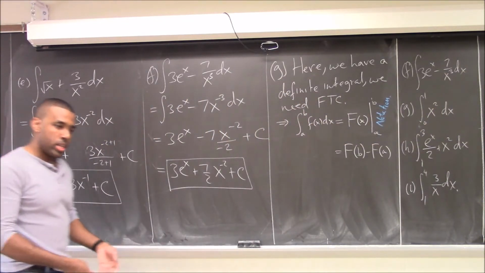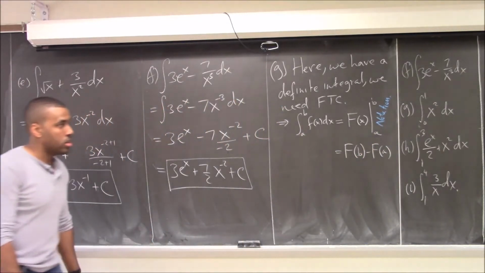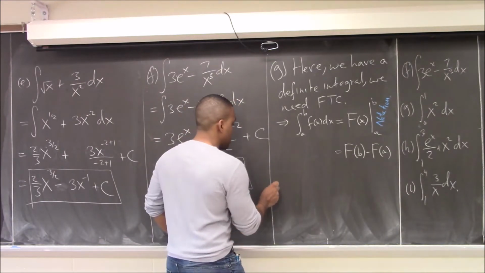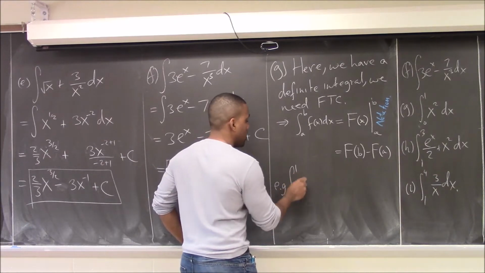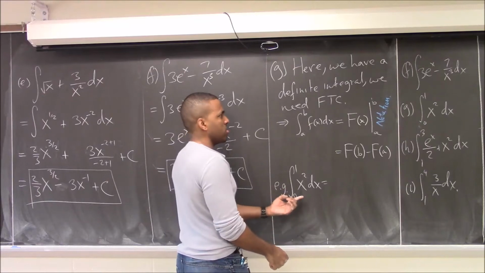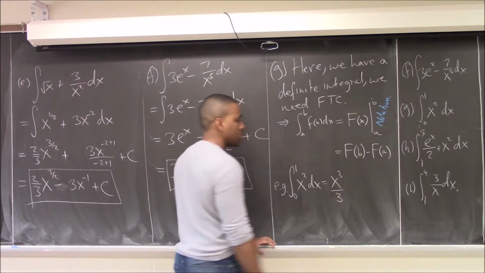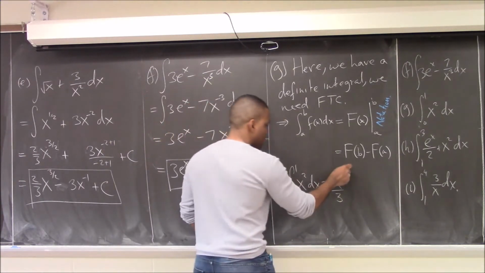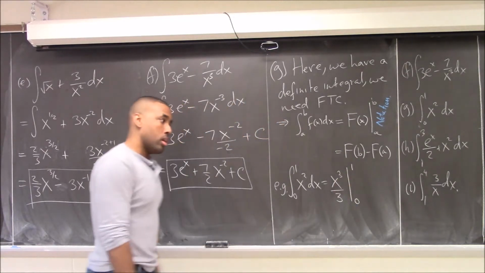So when you write that notation, I'll know that you should be using the fundamental theorem of calculus here, and then the result will be this according to that theorem. So in this example, you'd have the antiderivative from 0 to 1 of x squared dx. That is equal to, we actually did this in the first example, I believe. So we know that that's x cubed over 3. I don't put a plus c because there are numbers on this. Instead, I put a bar here, and I put a 0 and a 1. And then what I do